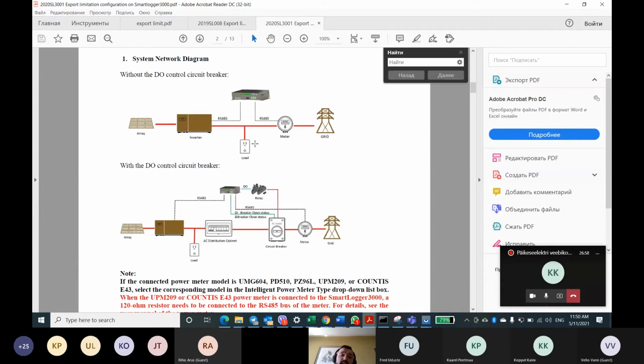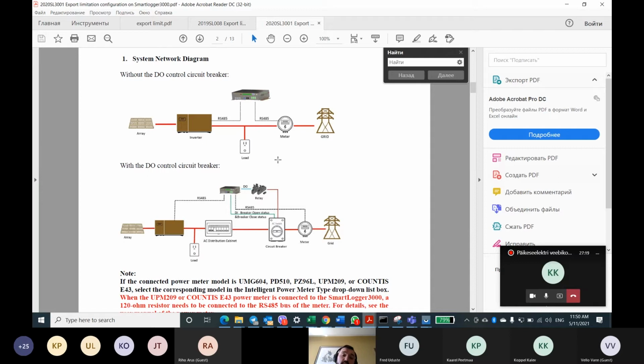Because you know that inverter is producing always with power factor 1, so it will not produce or consume reactive power, but your load can consume or produce reactive power, usually consume, if we are talking about engines and so on.